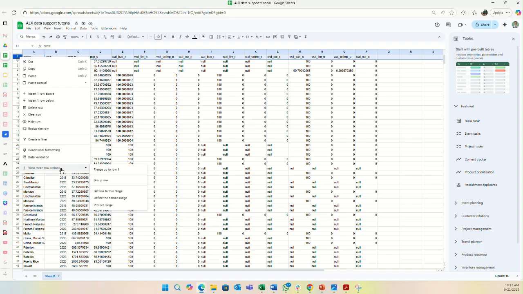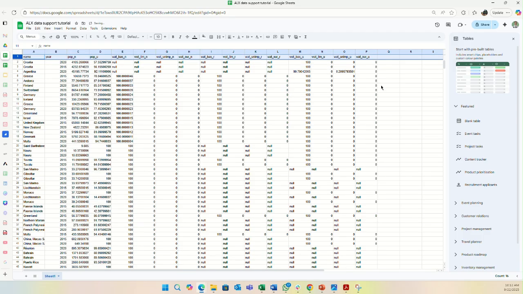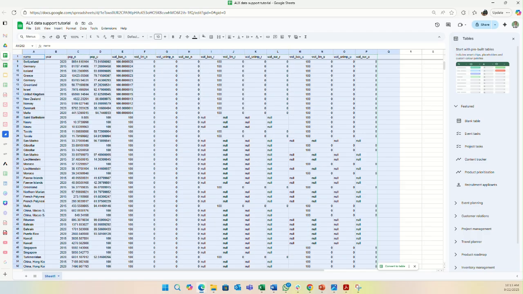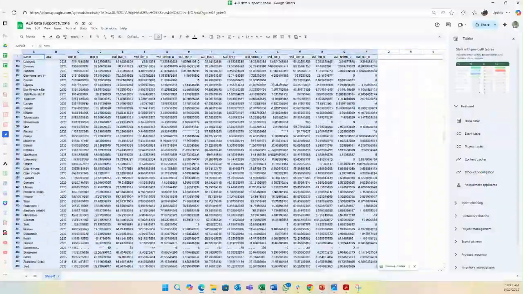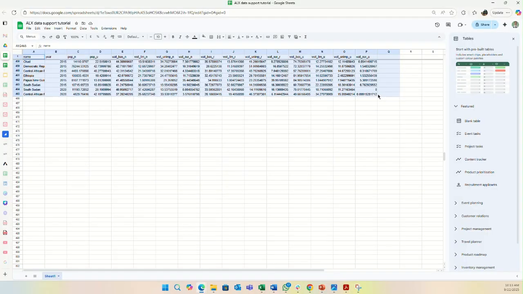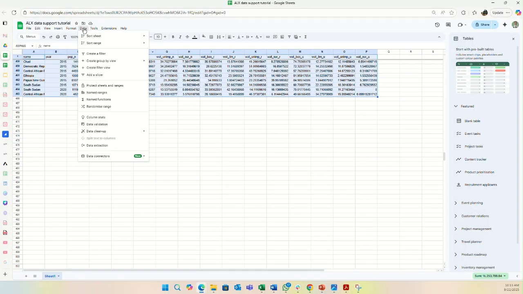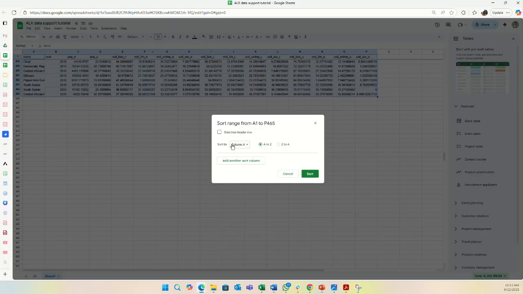So you come to more actions, then you come to freeze up row one, then you click on it. So that has been frozen. When that has now been frozen, then you highlight all your data and then follow the other procedures that I was showing you. So you now come to data, come to range, click on advanced range, then check your data has header row, then